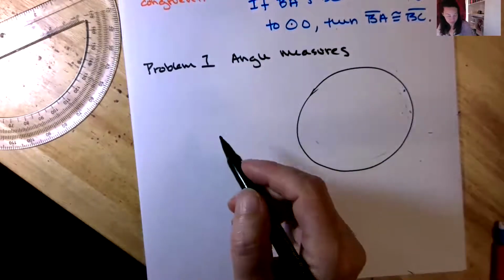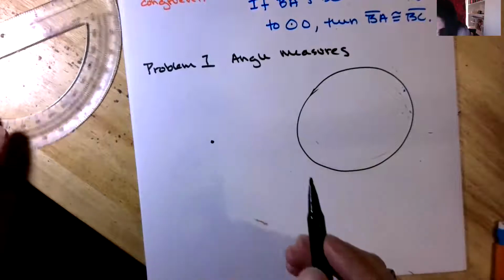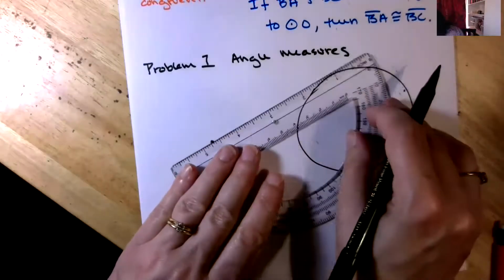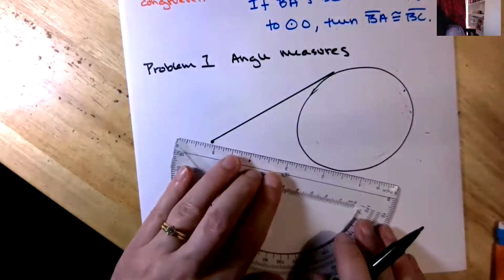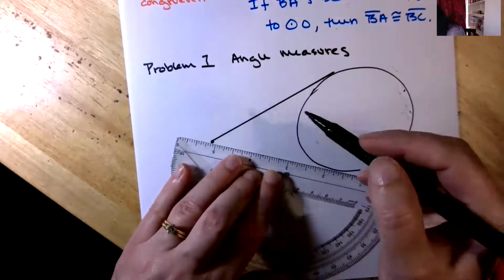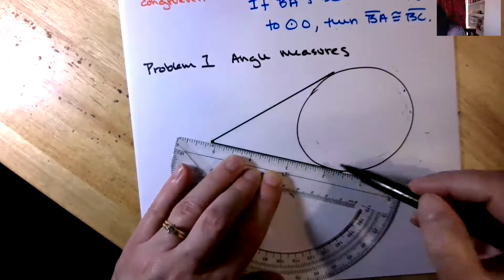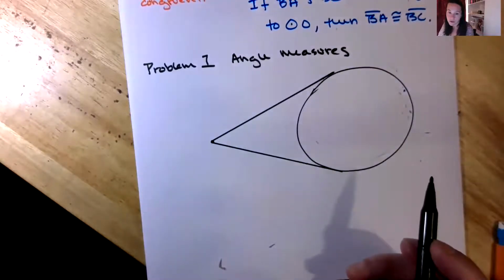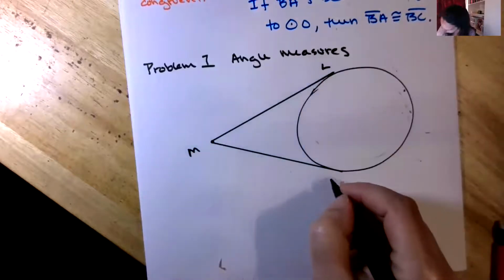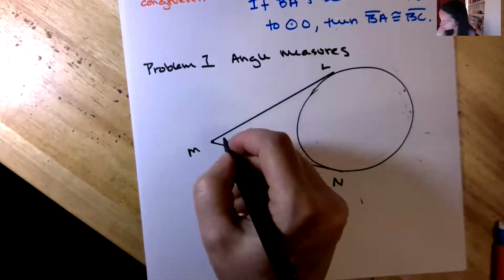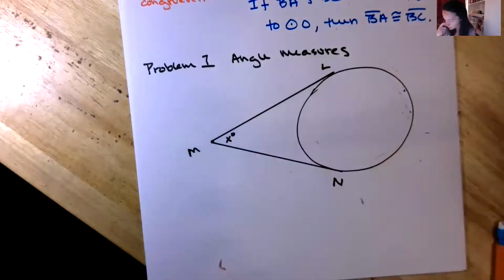Okay, here's our circle. Here is our point outside the circle, and we're going to have two tangents again to our circle. When drawing tangents to circles, sketching even in your notes, I recommend using a straight edge. It is very hard to freehand tangents well. Okay, M, L, N. If you're following along in your book, you'll see I did my tangent on the opposite side of the tangent in the book. So